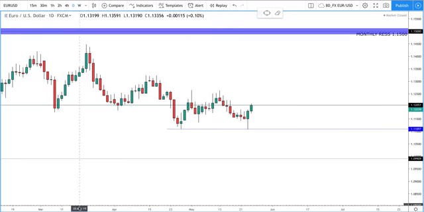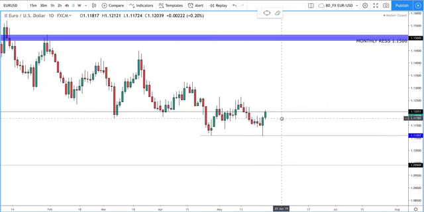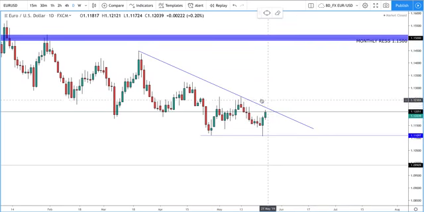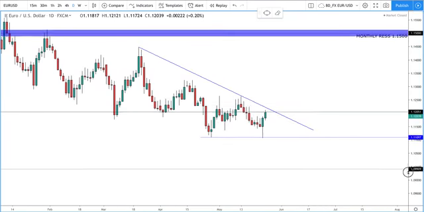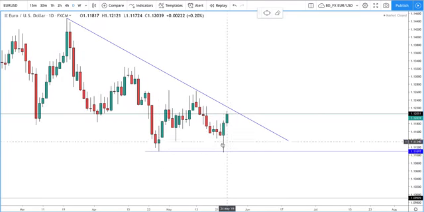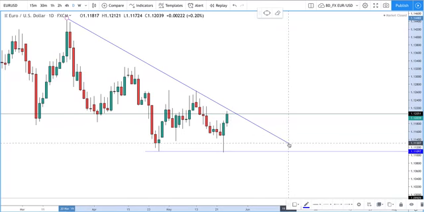You can see here, we're being restricted by that resistance there. So I'm in no rush to really take a trade on this pair at the moment. You can see if I just put this daily trend line on, we're about to come up and tap this, which I think I mentioned last week. So we've got this support, this double bottom here. It's a lovely place to take a long trade. It happened very, very quickly, quick rejection. Some of you caught this, but it was a hard one to get.